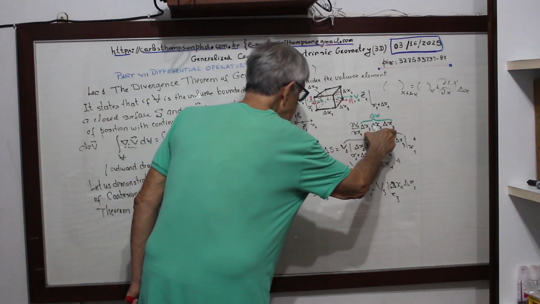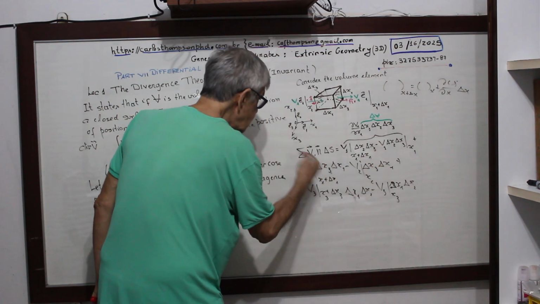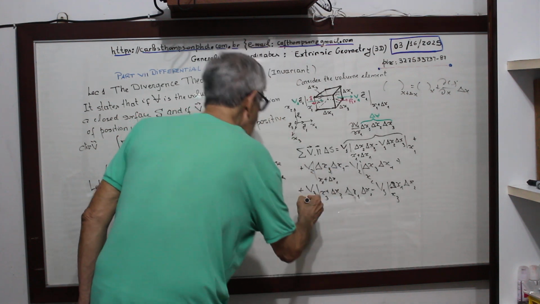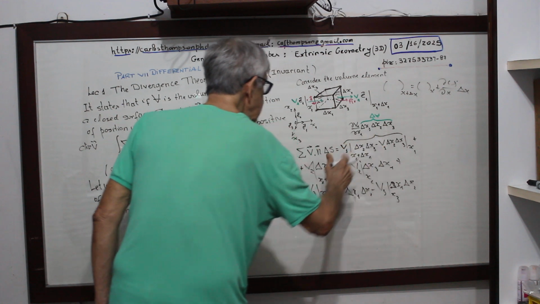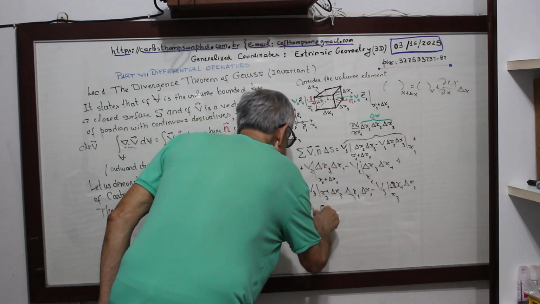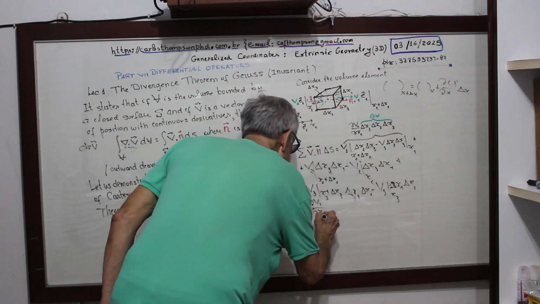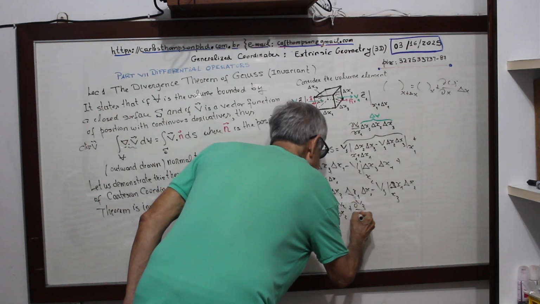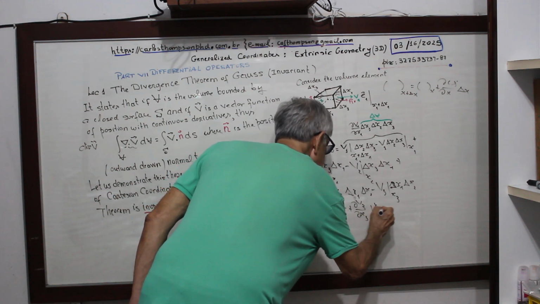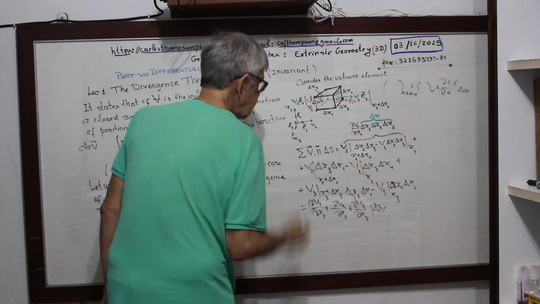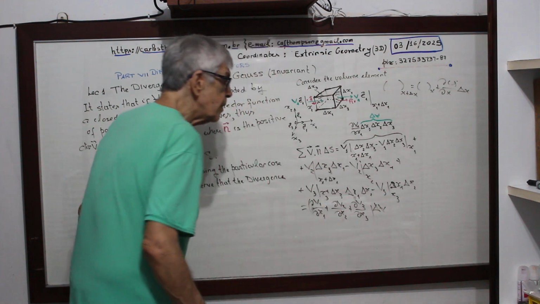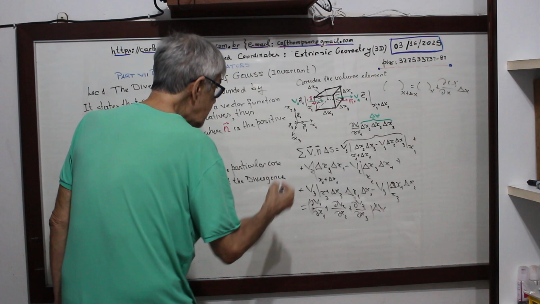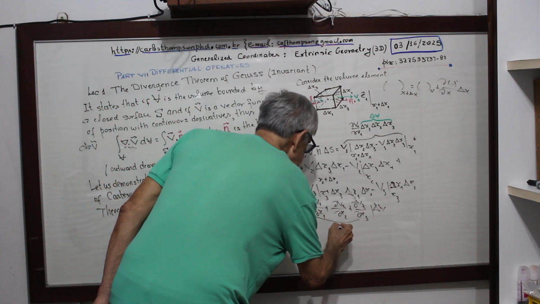Now, the same volume, because using the Taylor series here leads to delta x2, which multiplies to give delta V. Likewise, I have the same delta V. Then I have the partial of V1 with respect to x1 plus the partial of V2 with respect to x2 plus the partial of V3 with respect to x3, times delta V. Taylor series is exactly what I do here and here. So this is the divergence